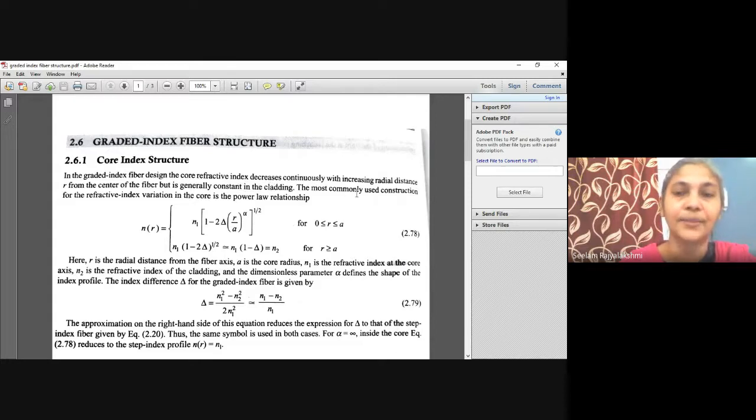So the most commonly used construction for the refractive index variation in the core is the power law relationship. Let us see. n(r) equals n1 into [1 minus 2 delta (r by a) whole power alpha] whole power 1 by 2, for r less than a, and greater than or equal to 0. For r greater than or equal to a, n(r) equals n1 into (1 minus 2 delta) whole power 1 by 2, which is similar to n1 into (1 minus delta), which equals n2. So here delta is nothing but the refractive